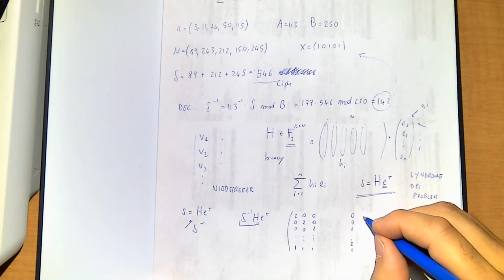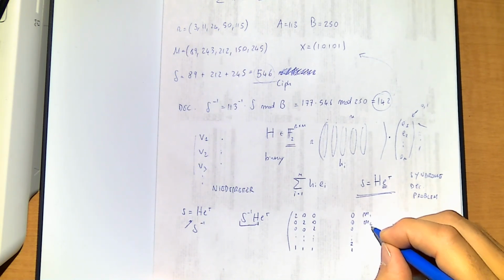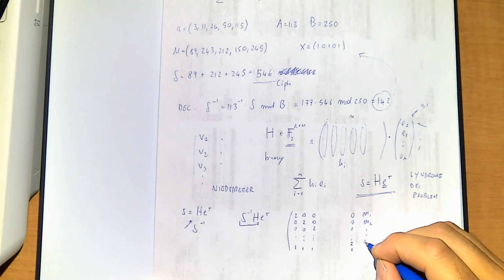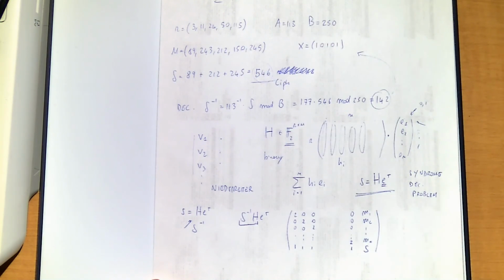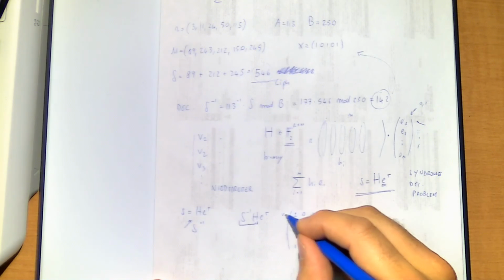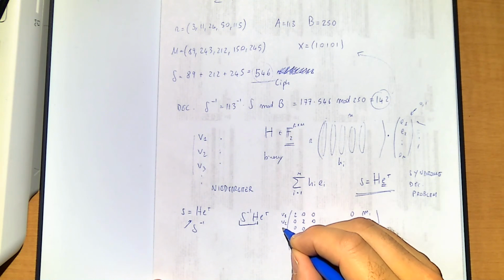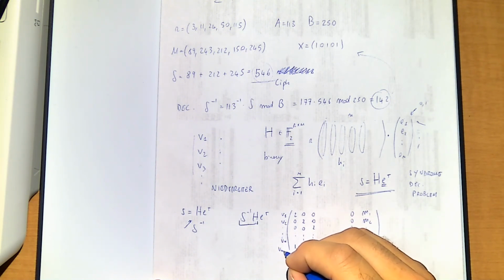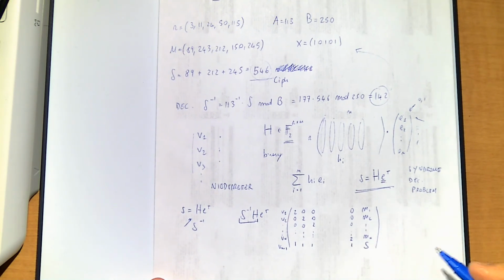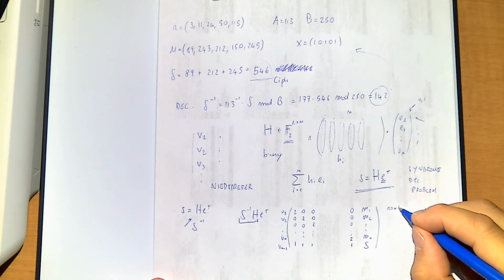And then here I'm going to put M1, M2, Mn, S. Then I can call this vector V1, this vector V2, this vector Vn, and the last one Vn plus 1. So I take the rows of this matrix,